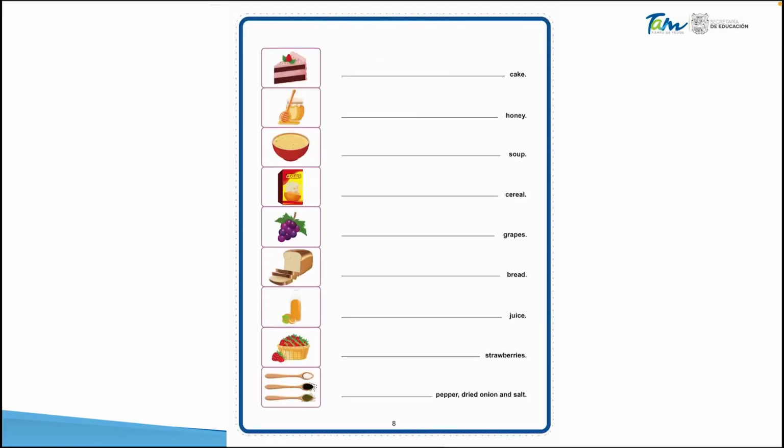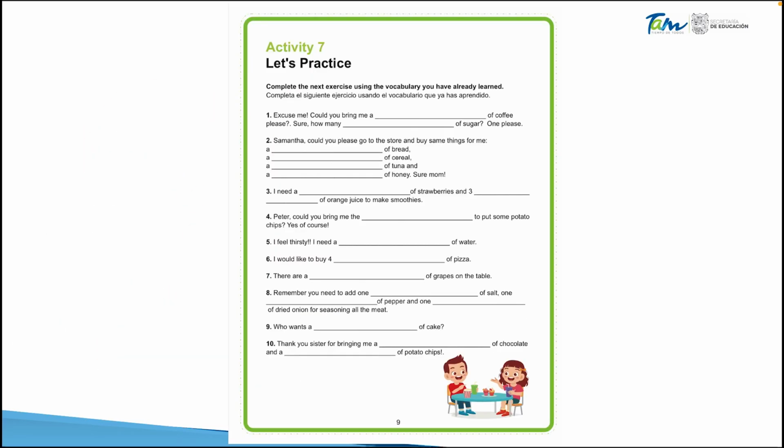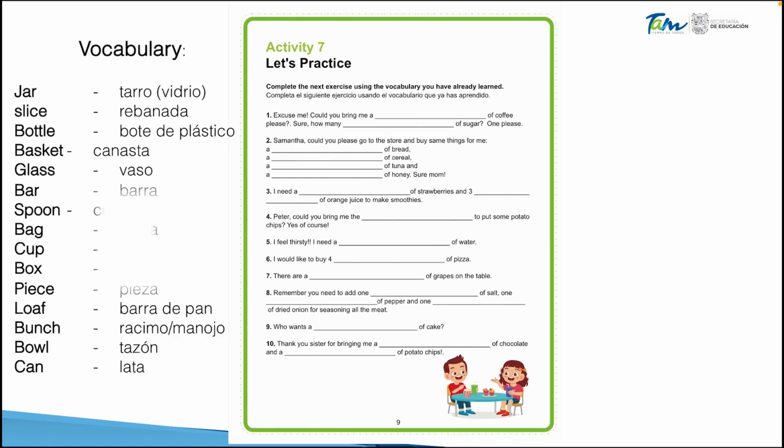Okay, the same. On this part it is the same vocabulary to help you. And on this exercise, exercise 7, it is the same. Using the same vocabulary, you are going to answer this exercise. Yes? For example,